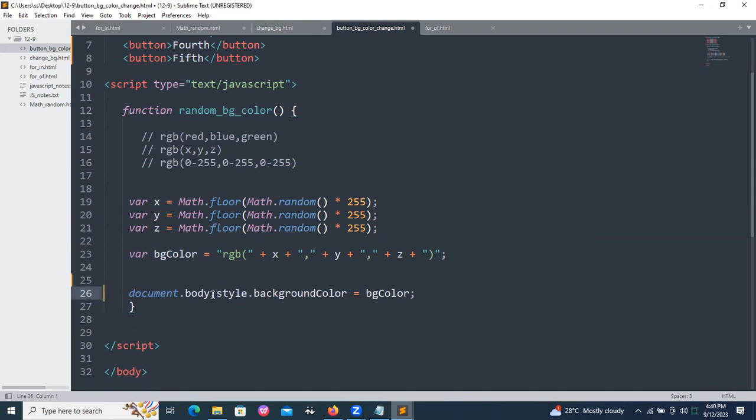Now style for what? document.getElementsByTagName of button. Okay, here the problem came into the picture. If I change to only